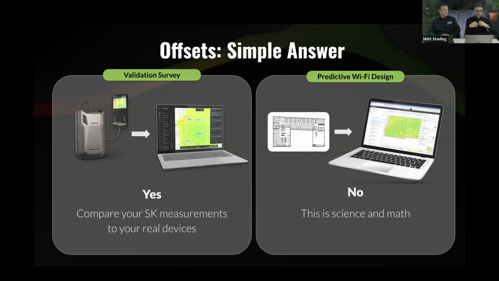When I'm doing a traditional predictive design, like we spoke about on the right-hand side, I don't typically apply an offset to my design, especially not without going on site and measuring with a Sidekick 2, because what we're doing on the right-hand side is basically applying science and math, so physics, to what's actually happening, from the transmit power of the radio down through the subtraction of attenuation, free space path loss, reflections, and diffractions. Yes, I would go on site, measure, verify with my validation survey, and then match that to my predictive model to ensure it is as accurate as possible.